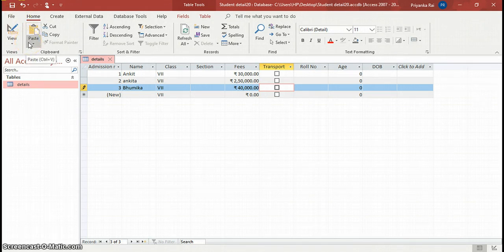So students, this is very easy. I hope you have understood all the points, how to create the different fields, the different data types, the lookup wizard, everything properly, how to create the primary key. That is very important. So thank you students. In the next part we will complete the exercises of this chapter.